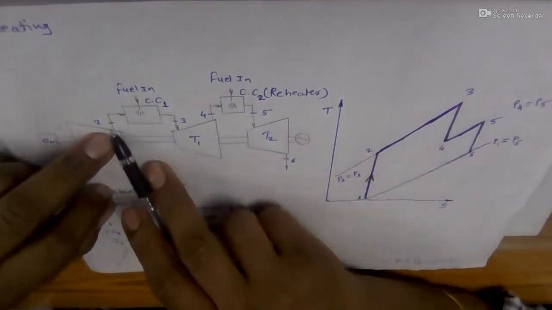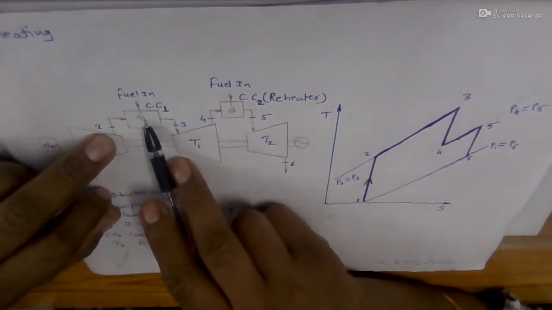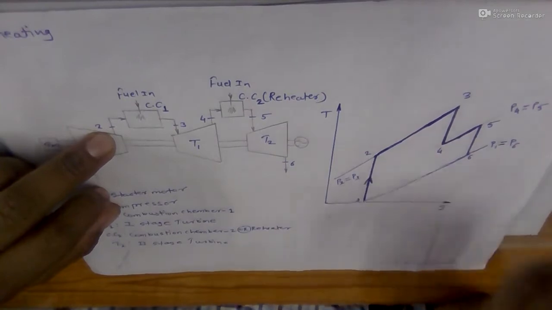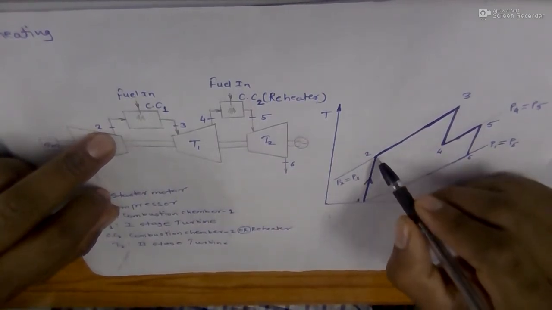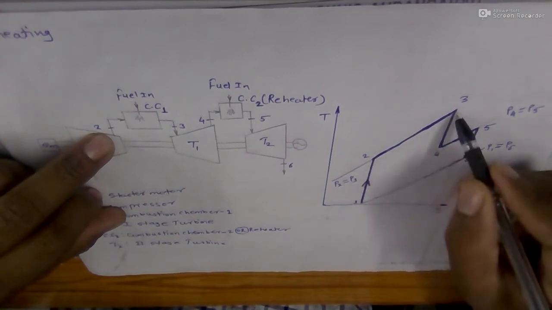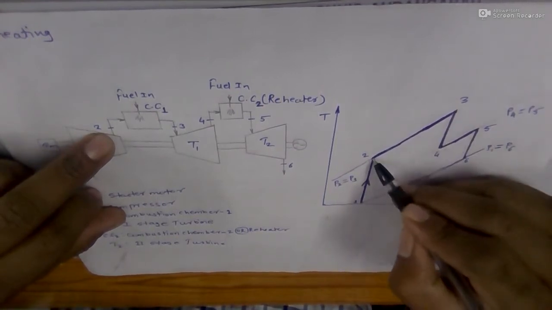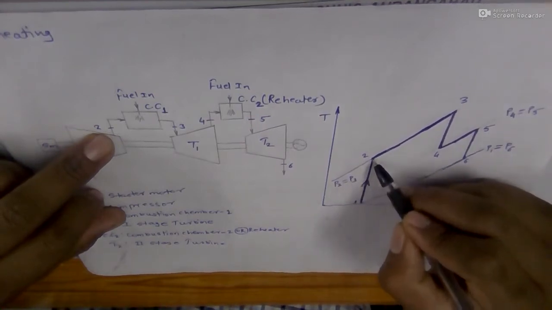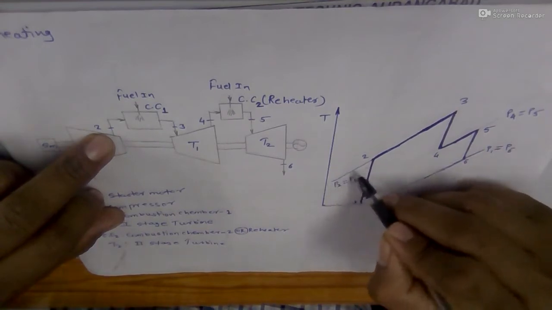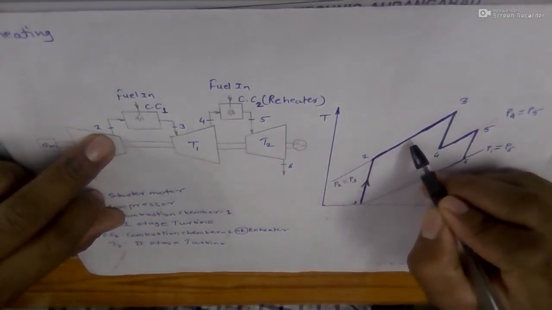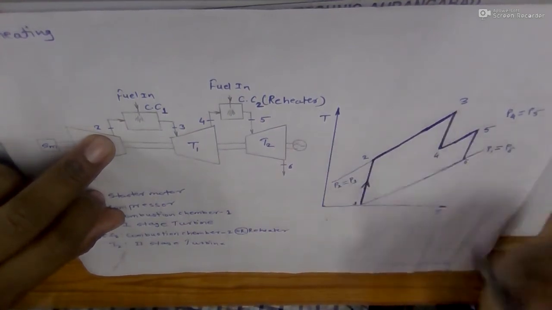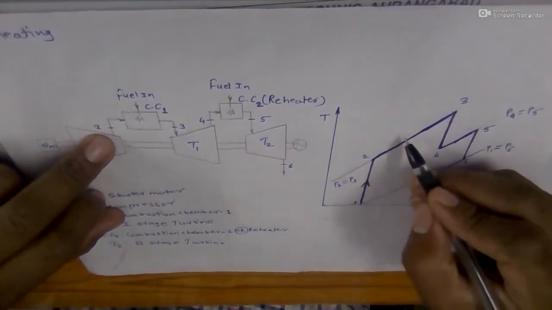Once state 2 is completed, all the compressed air enters combustion chamber 1. Inside combustion chamber 1, the fuel gets sprayed on that compressed air stream, and it starts to ignite. As soon as it ignites, the pressure buildup starts, and the 2 to 3 process is a constant pressure heat addition process. You can notice over here P2 is equal to P3. मतलब state 2 and state 3 lie on the same pressure line, and during this process the temperature is also increasing. So it is a constant pressure heat addition process carried out in combustion chamber 1.